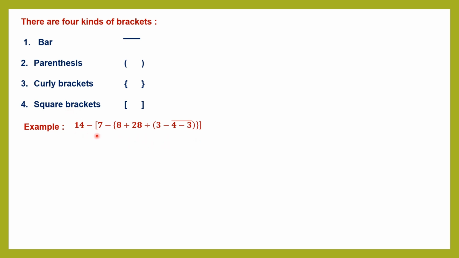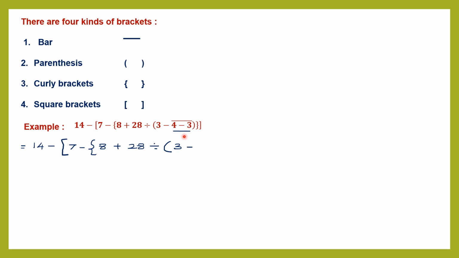So which bracket should be removed from all these? First, we should remove the bar bracket, and the bar bracket is here. So we have to remove this first. So let's work it out. So we write 14 as it is, minus, we draw the square bracket, minus, then we draw the curly bracket, 8 plus 28 divided by, now we draw the parenthesis, 3 minus, now we have to do this operation 4